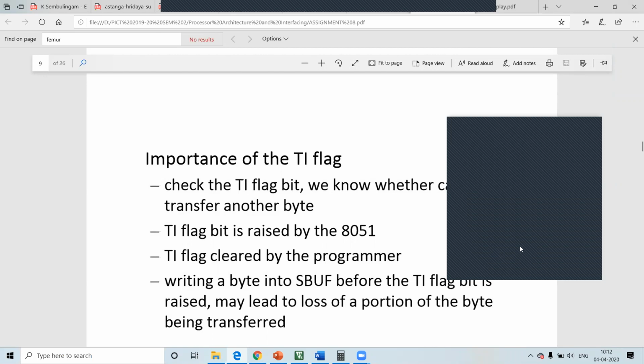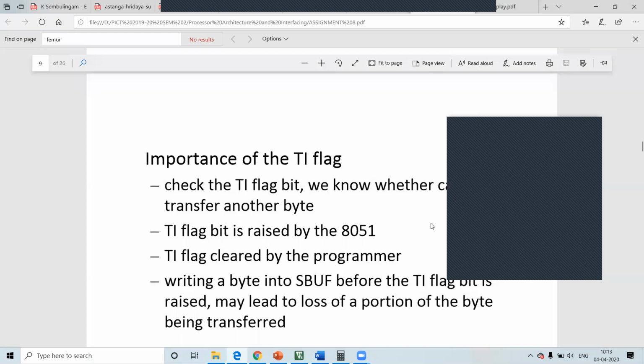Ma'am, why is TMOD loaded with 20H? Because the timer to be selected is timer 1, and it should be in mode 2. So those are the values. You can see the meaning of TMOD register. Every bit represents those values. And timer 2 cannot be used here. You don't have timer 2. You have timer 1 or timer 0. Timer 0 can't be used here. It is fixed that you will always be using timer 1 only.